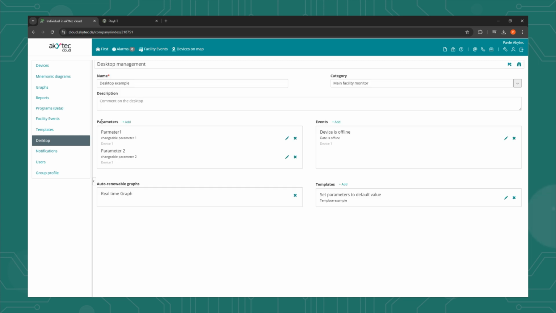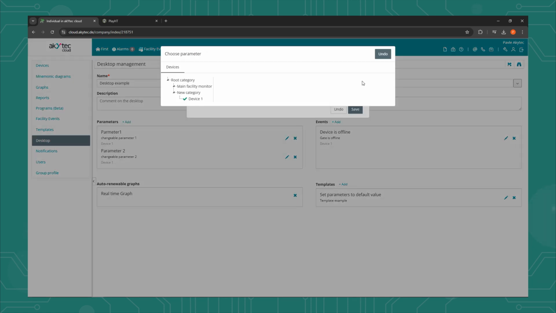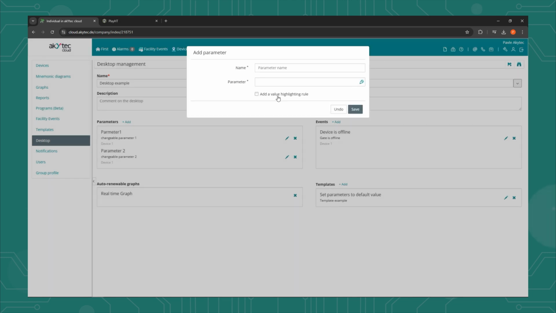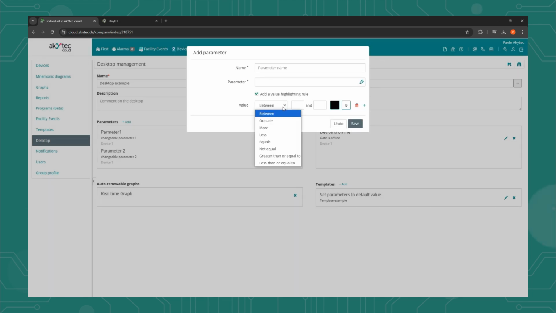Adding parameters is a key step. These are the data points you want to monitor, like temperature or device status. Click Add in the Parameters section. Name the parameter and choose it from the list. Use value highlighting rules to color code data, such as making temperatures above 50 turn red, so you can spot